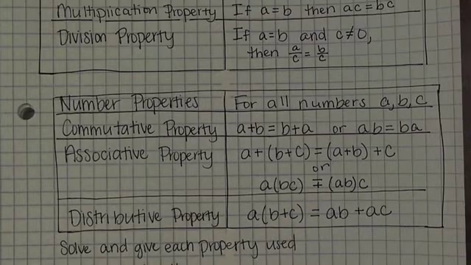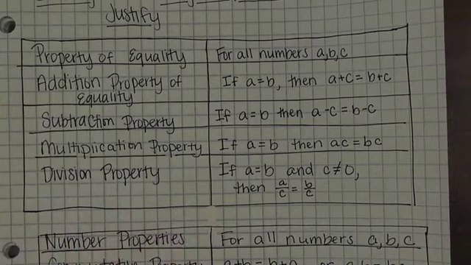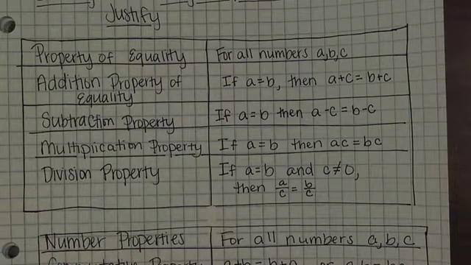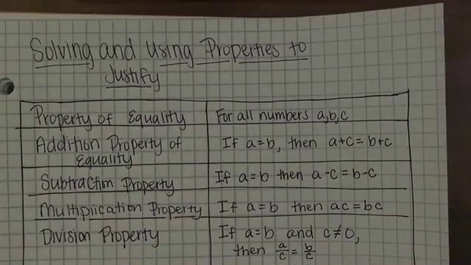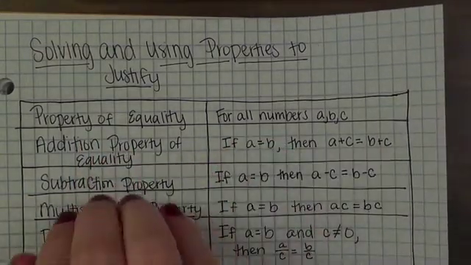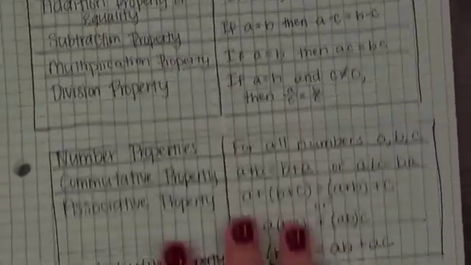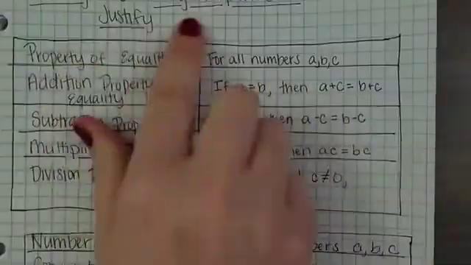So up to this point, we've been just solving equations. Now you're going to have to justify. Whenever you get to geometry, you do have to give the steps. It's called proofs, and so you do have to give steps. So that's what we're going to start getting you in the mindset of. So we have these,